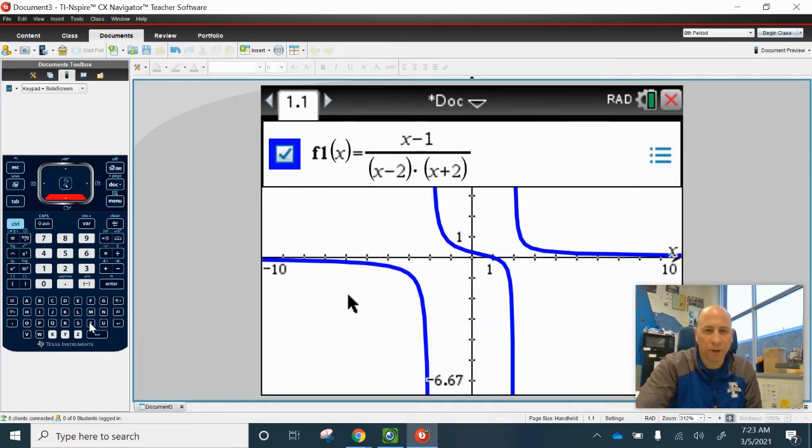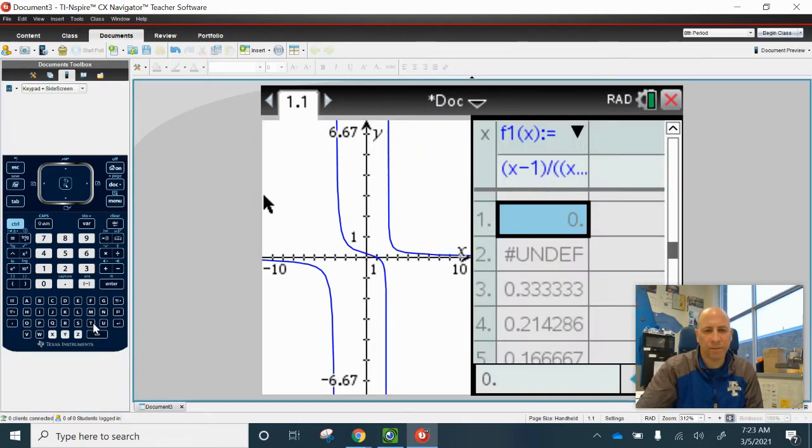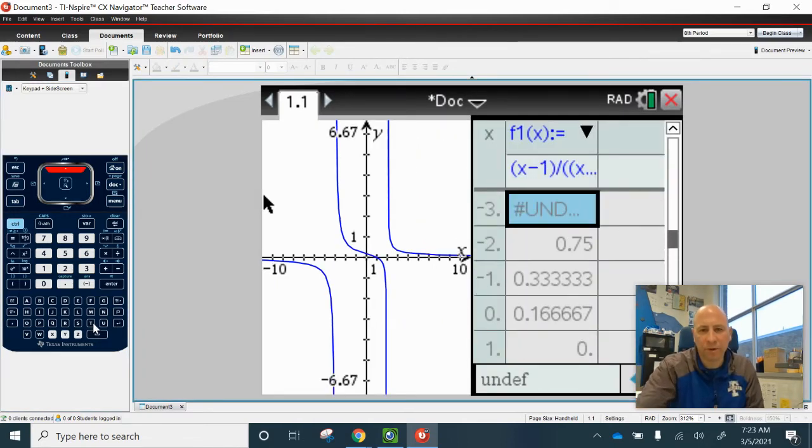So you want to be careful. I made a mistake in that this is x plus 2. It should be x plus 3. So you always want to go back and check to make sure you typed it in right, because every once in a while you can make a mistake typing in something. Okay, now Control T, and the reason why I knew there was a mistake, because I knew there should be an asymptote